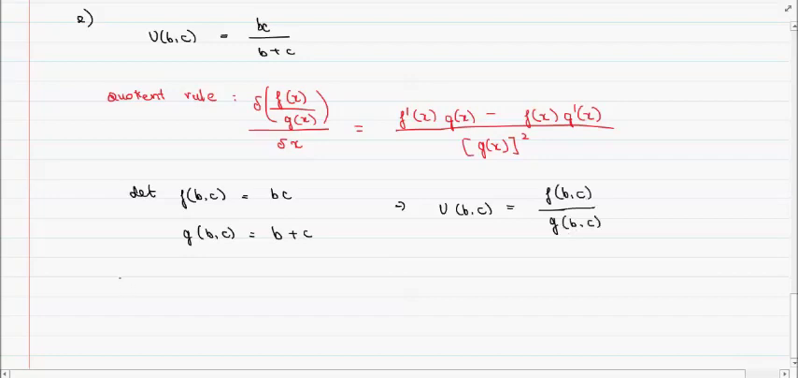So if we want to differentiate, so if we want to find the marginal utility of b, we just have to differentiate the utility function with respect to b. Okay, and over here it's basically just the differential of this ratio with respect to b. So if you apply the quotient rule, it's going to be equal to f dash